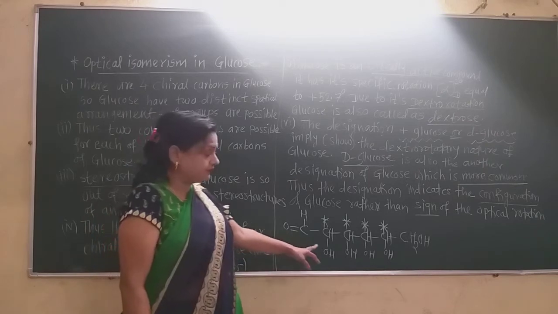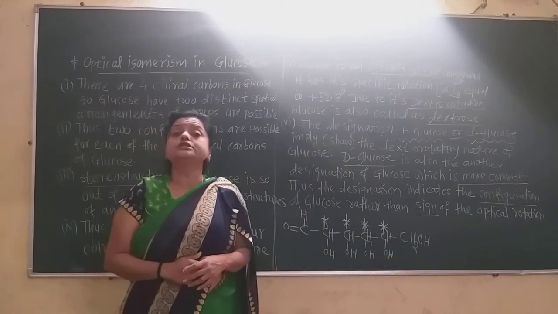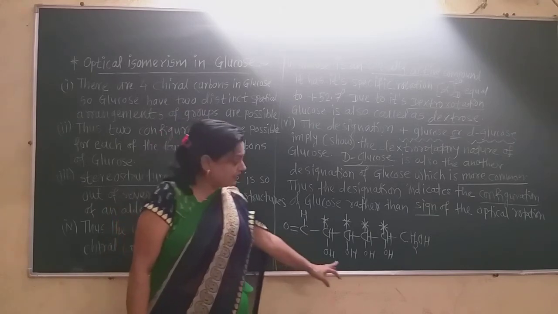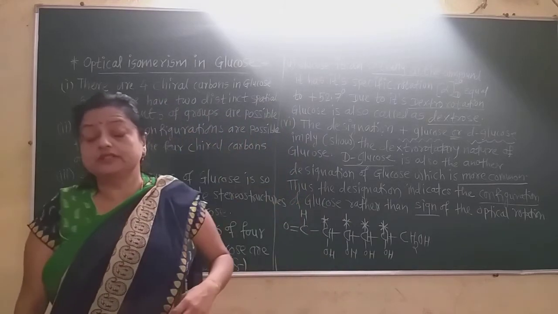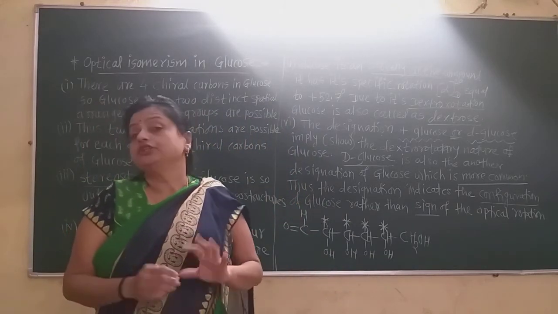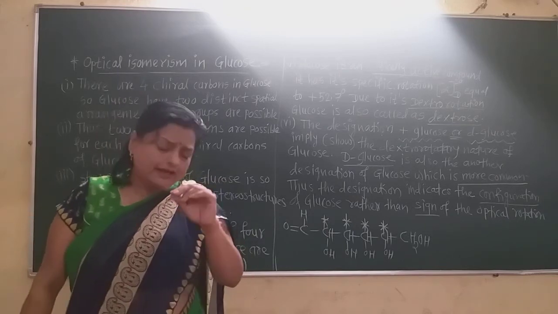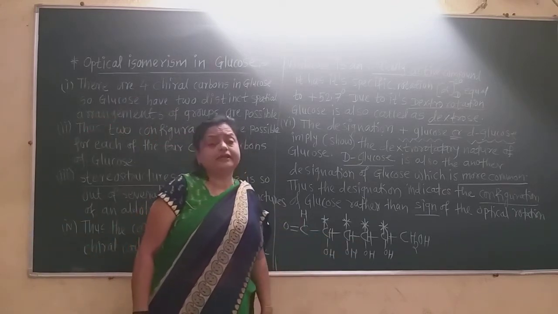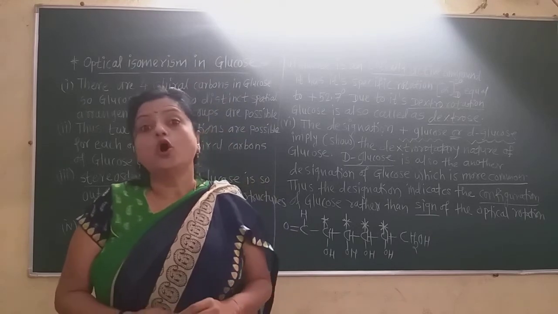And the first one and the last one are not asymmetric carbon atoms in glucose, because here this carbon is joined by a doubly bonded oxygen and here 2 hydrogens, that is the same atoms are present on the same carbon, and due to that these 2 are not asymmetric or chiral centers. And due to the 4 asymmetric carbon atoms, this glucose is a very good optically